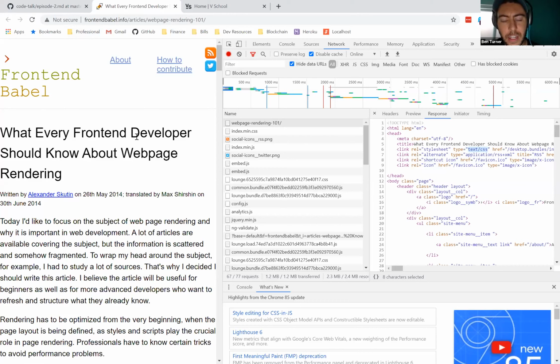So to answer that question, we're going to actually look at another tab. And this is a tab that I think is very underrated. I don't use it as much as I probably should, but it is the Performance tab.